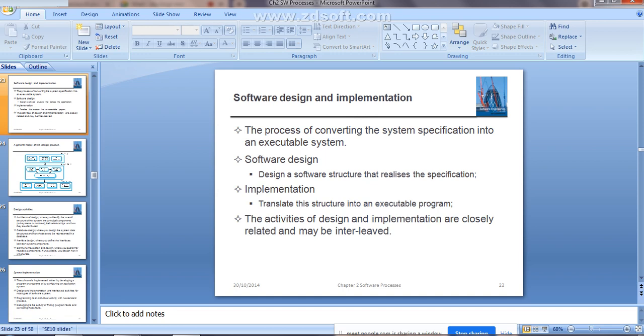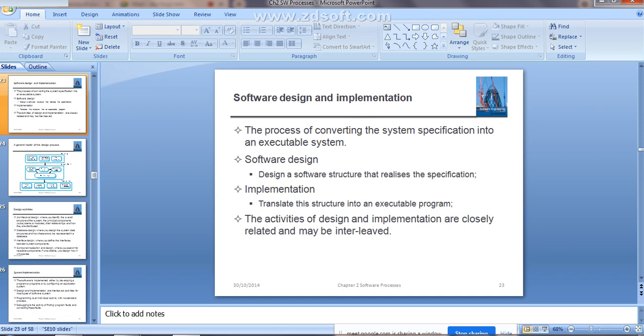Interleaved indicates what? Incremental model. Remember the incremental model, how it works. There is an interleaving of the phases, right? The same concept is used whenever you are using the activities of design and implementation. They are very closely related and may be interleaved.